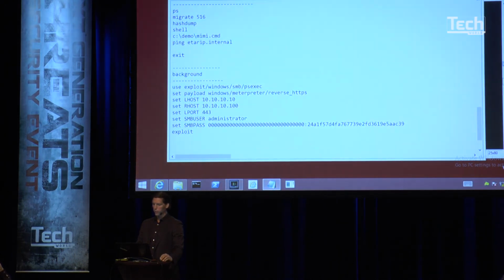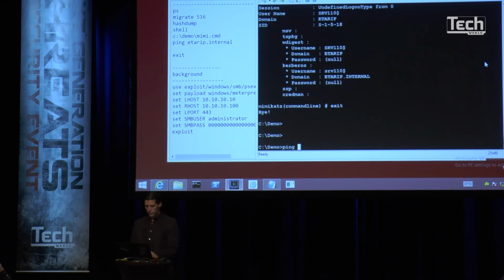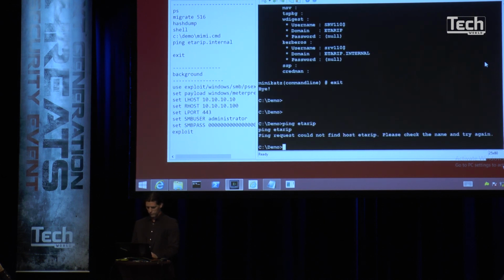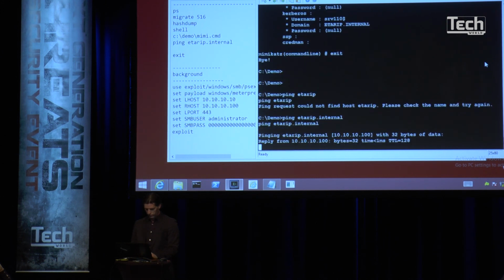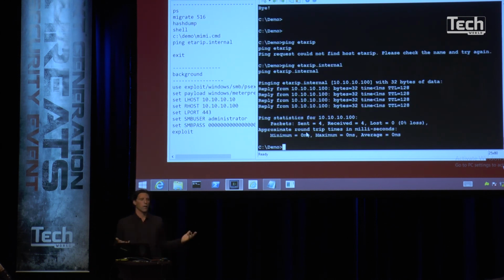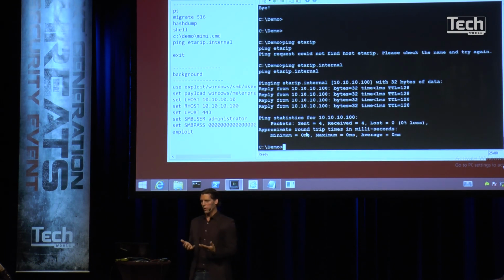So, having this key, if I cut and paste it, I can use it. And I can use this to connect to a domain controller. So if I just ping the domain, ping etherip, by pinging the domain, a random domain controller will reply, or the closest one, or whatever. It will reply. So